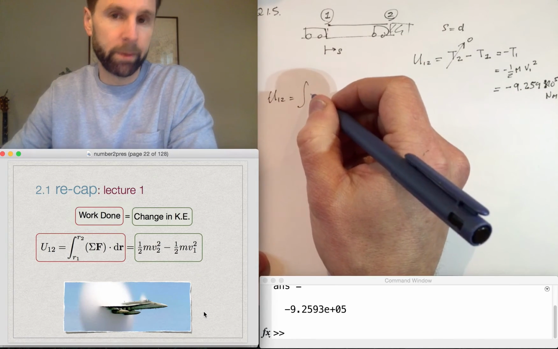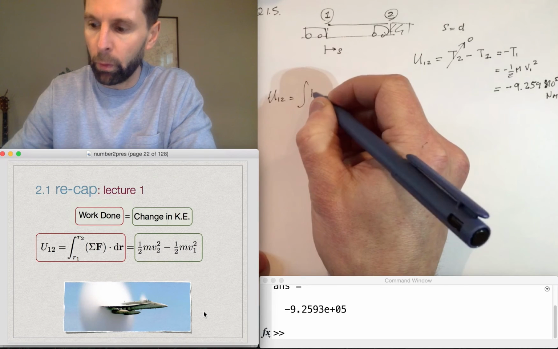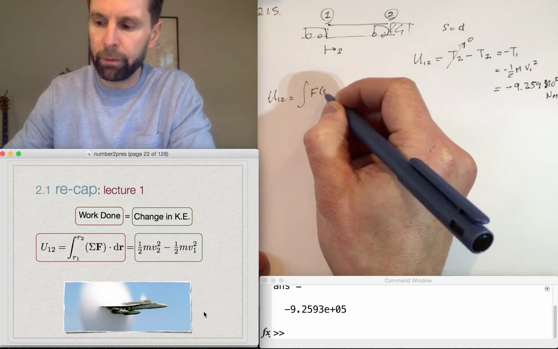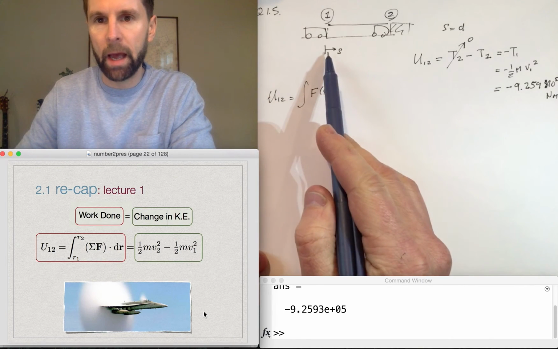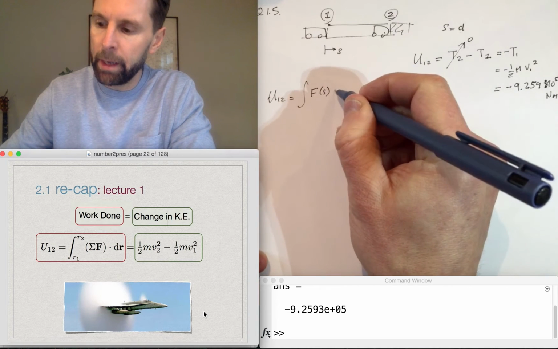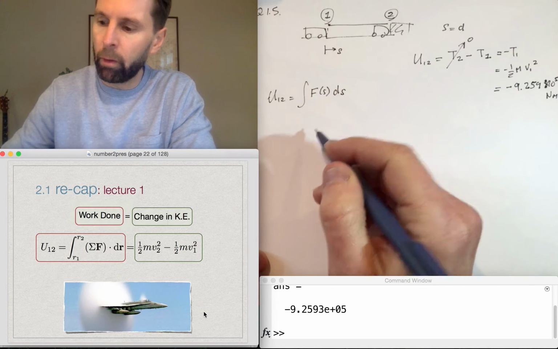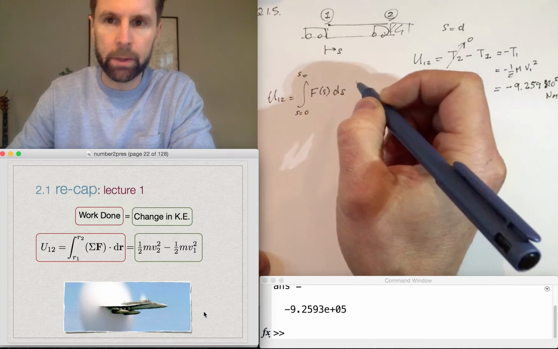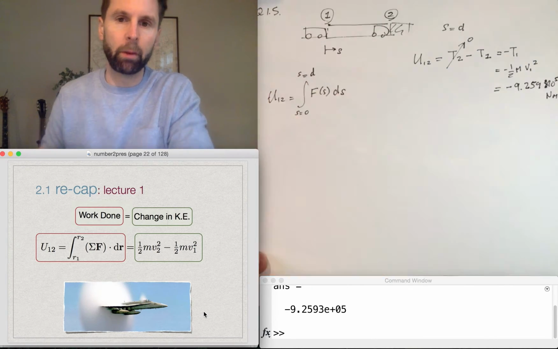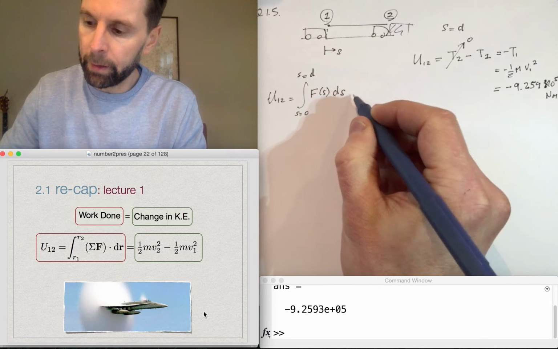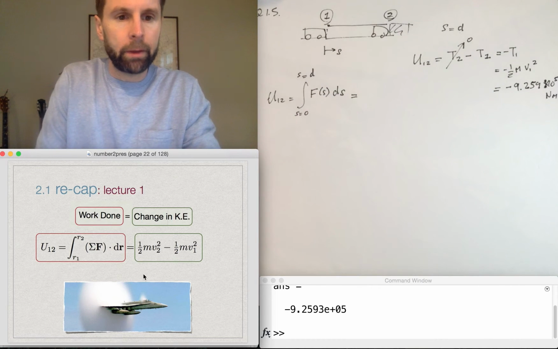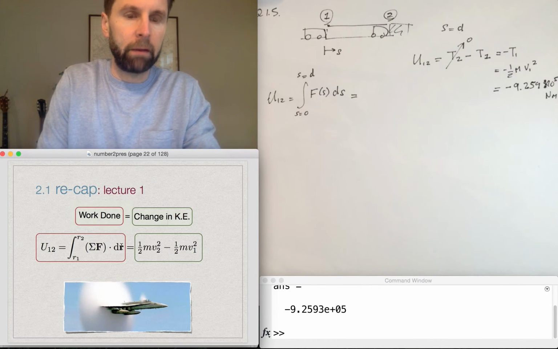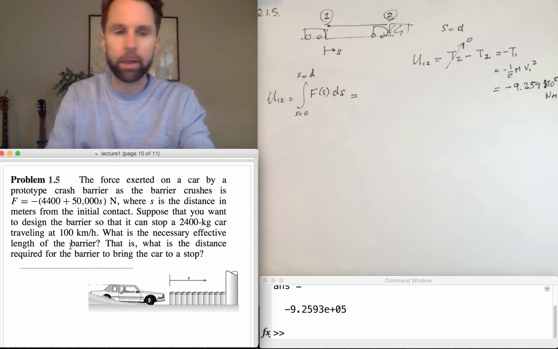So the resultant force, there is only one force here, so I'll call that F, which is a function of this position S. So we're going to integrate that from S equals 0 to S equals D, which is its stopping distance. And I've just rewritten that in scalar form basically,